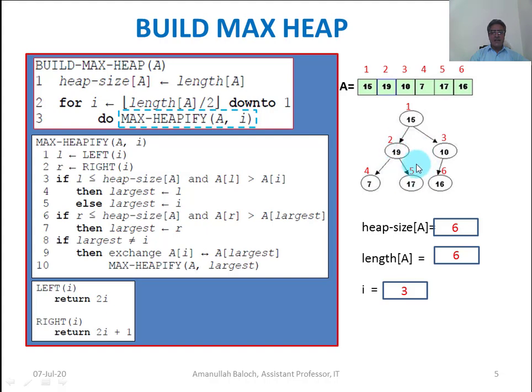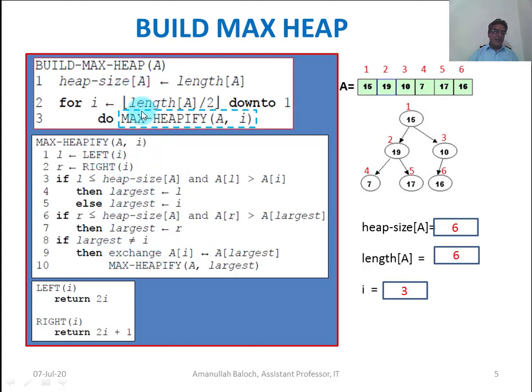I think 19 is not violating the max heap property because both the children are smaller than 19. So this max heap procedure will execute only once, this condition will become false, and at line number 6 it will also become false because both children are smaller than the parent, and then it will skip and not execute again.